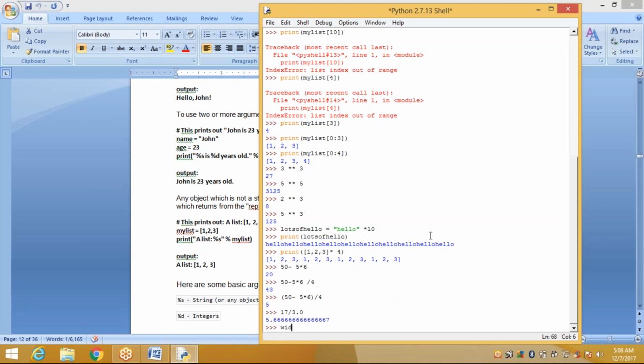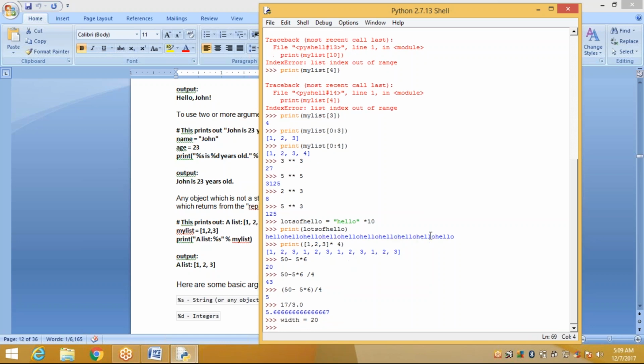Suppose, see here, width is equal to 20. So 20 is a numerical value. It is assigned to the variable whose name is width. So 20 is assigned to width. Where is this 20 stored? 20 is stored in our width.